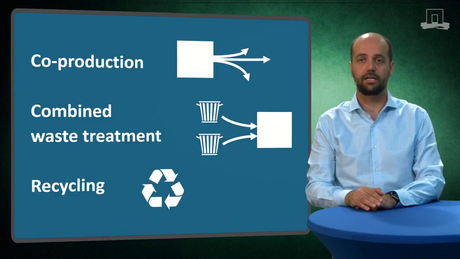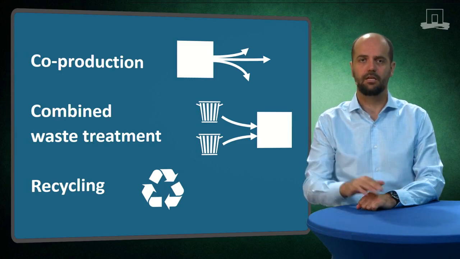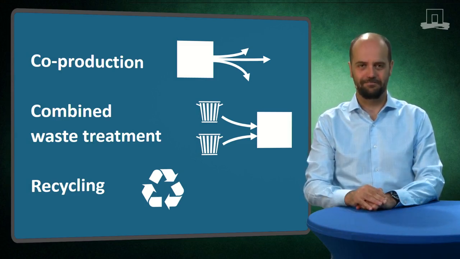To understand when allocation is necessary, we need to define three key terms in the context of lifecycle inventory. Firstly, co-production. Secondly, combined waste treatment. And thirdly, recycling. Co-production or co-products are products other than the product we are studying, which are produced by processes in our product lifecycle. These other products do not contribute to the functional unit we have chosen and are outside